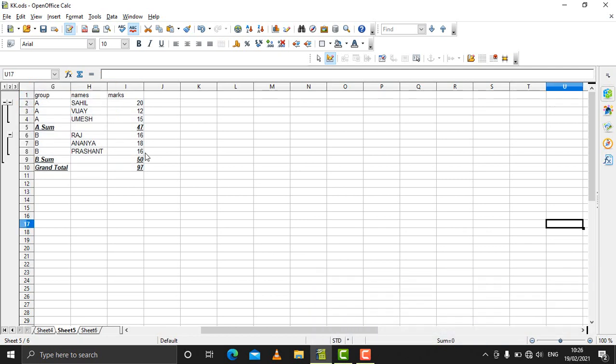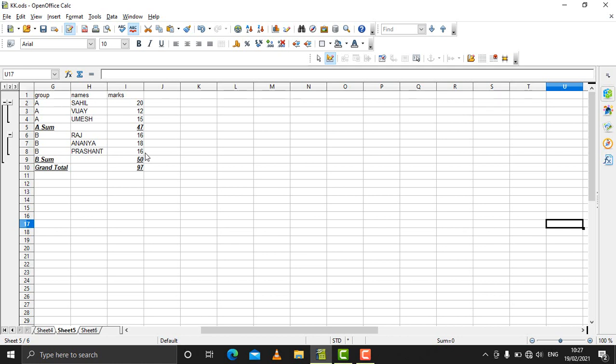The next tool is scenarios. Scenario means storing multiple values in a single cell. In OpenOffice Calc, when we enter data in a cell, that is one value in a cell, and when we try to enter some other value, the previous value gets erased.